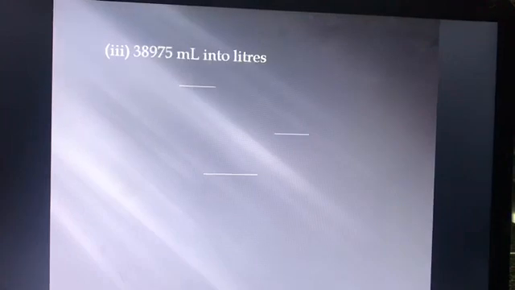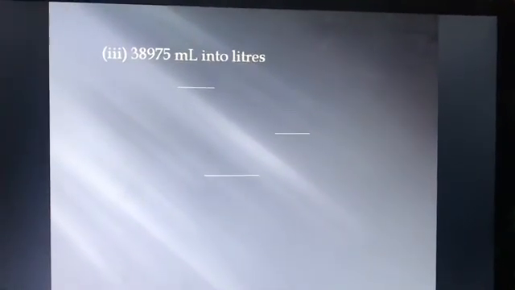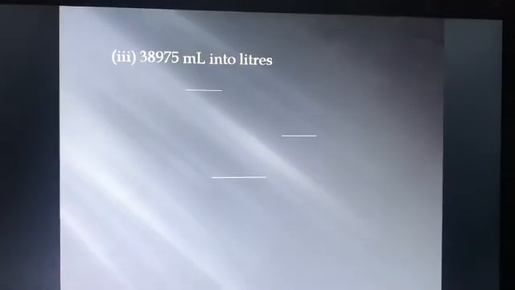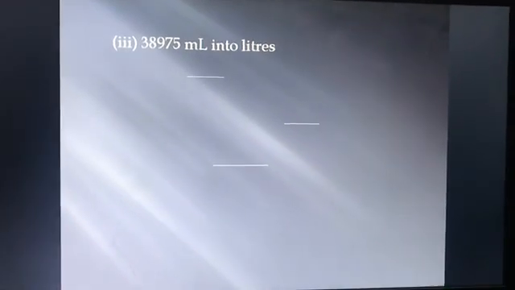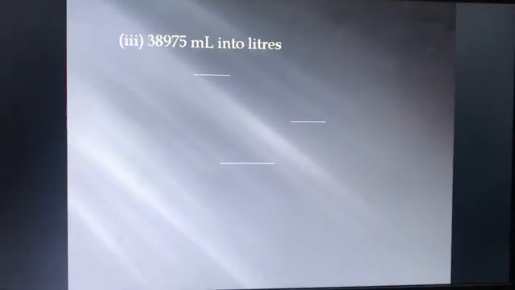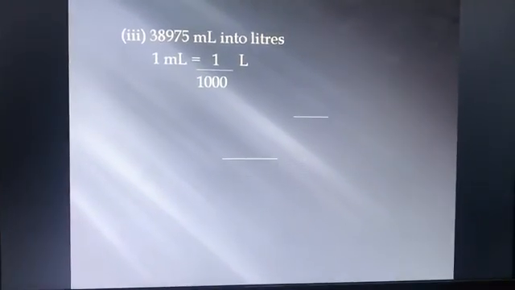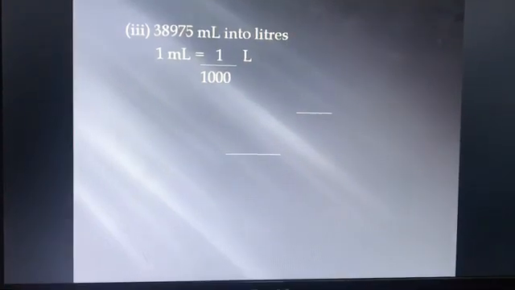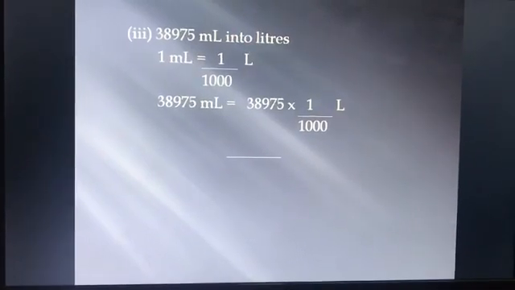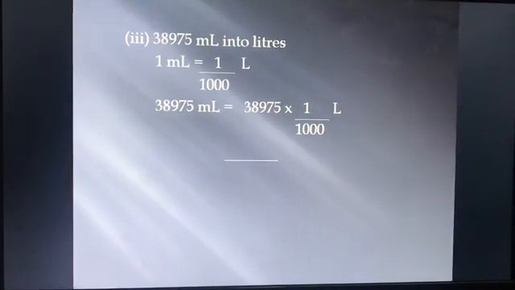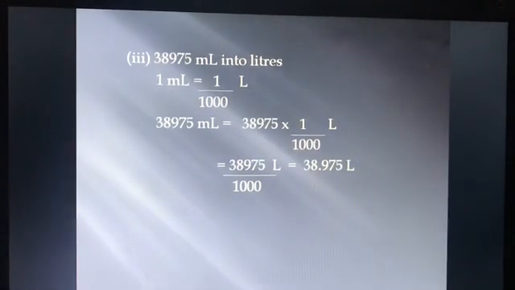Moving on to the next question. It is 38,975 milliliters into liters. Now in this question, we have to convert milliliters to liters. That is a smaller unit to a bigger unit. So instead of multiplying, we need to divide. So what is the relation between milliliter and liters? It is 1 milliliter is equal to 1 upon 1000 liters, because we are dividing here. So 38,975 milliliter becomes 38,975 multiplied by 1 upon 1000 liters, and the answer becomes